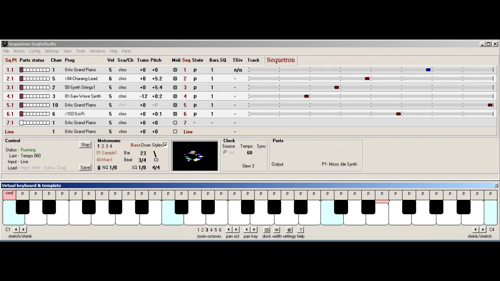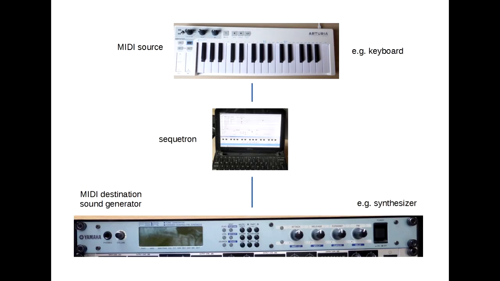So I thought I'd mark its 40th birthday with a recap of this interface and have another go at clearing up the misconceptions. Now, firstly, Sequetron was never meant to be a conventional sequencer or DAW, even though it has similar features. It's designed to be a MIDI processor and is inserted between a music keyboard and one or more